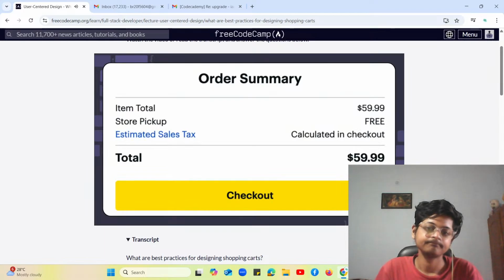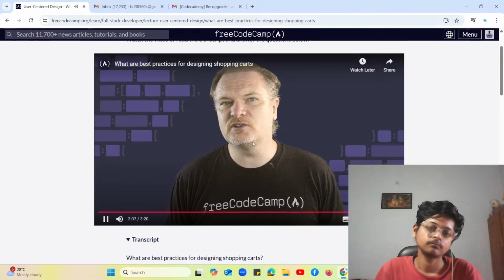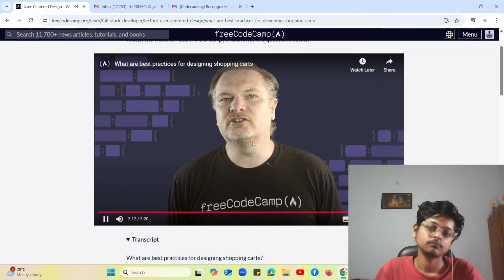The call to action button should be the most prominent button on the page so users know exactly what to do next. You should use the brand's primary color for the button so it stands out from the rest of the page. These are just a few best practices for designing shopping carts. By following these guidelines, you can create a shopping cart that is